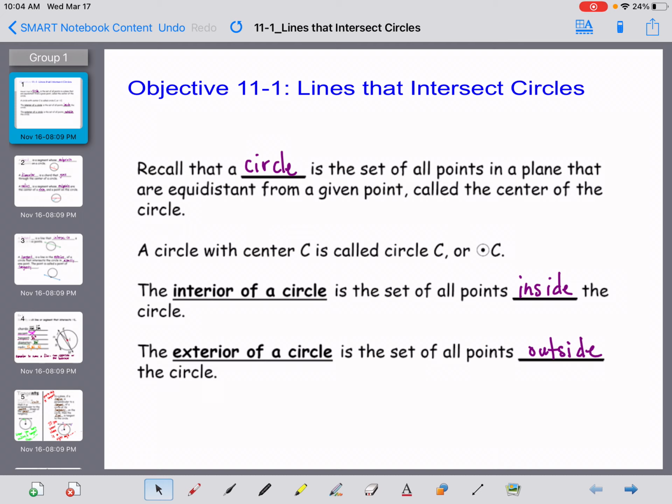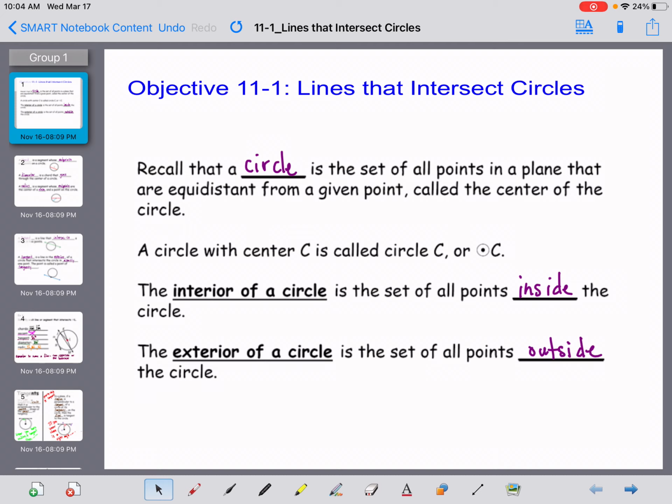But if you are one of those lucky individuals that get to take the SOL, you guys will pretty much have to memorize these formulas. They're not going to be given to you on your SOL. So just keep that in mind if you're one of those people that are going to have to take the